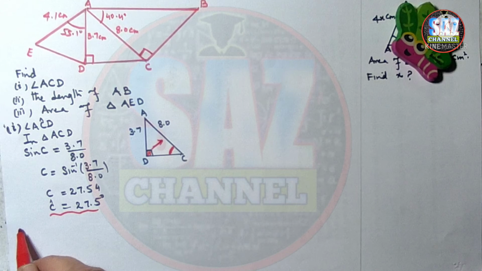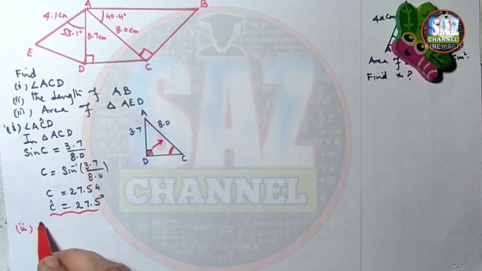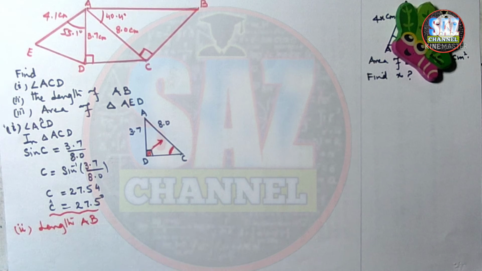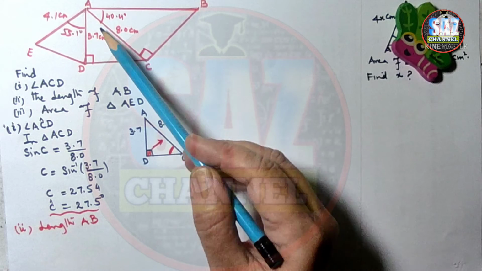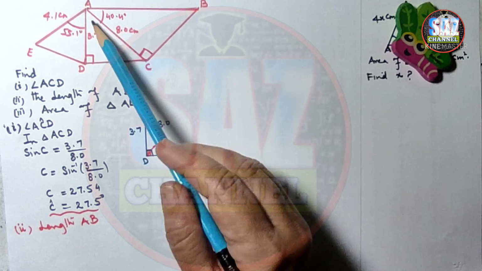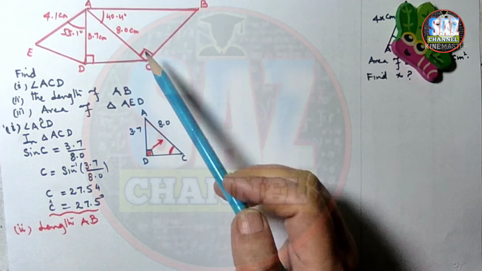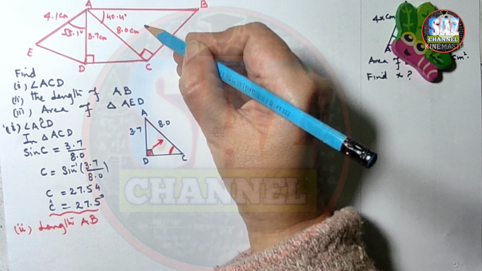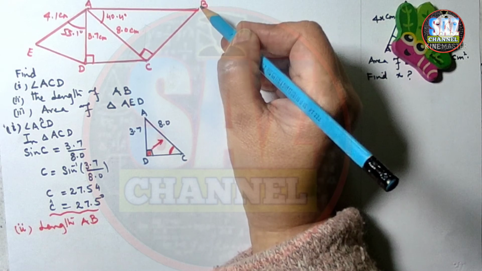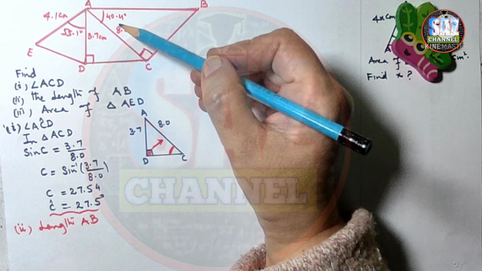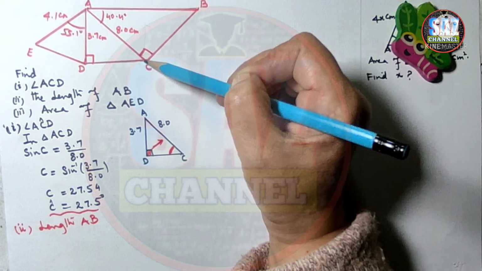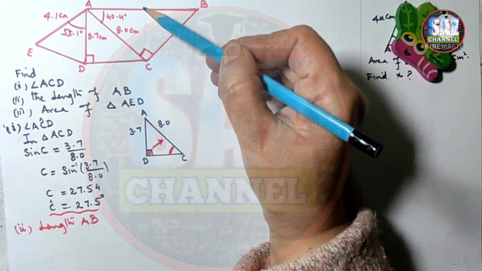And the second requirement of the question is length AB. Now focus your attention on which part of the diagram AB is in. If we look at the diagram, we can see that AB is one of the sides of the triangle ABC, in which angle C is 90 degrees, and with the reference of angle C, AB is the hypotenuse. And with the reference of this acute angle, which is 40.4 given over here, 8 centimeters is adjacent and AB is hypotenuse.